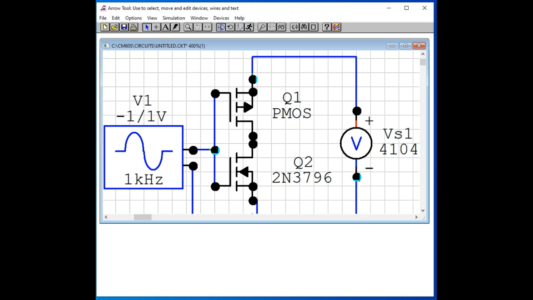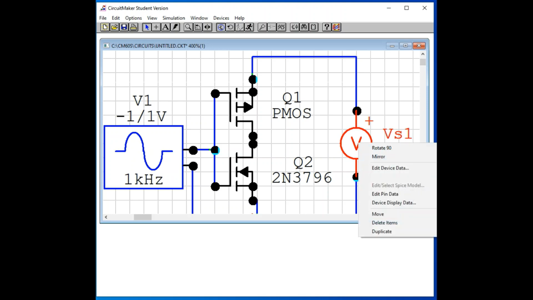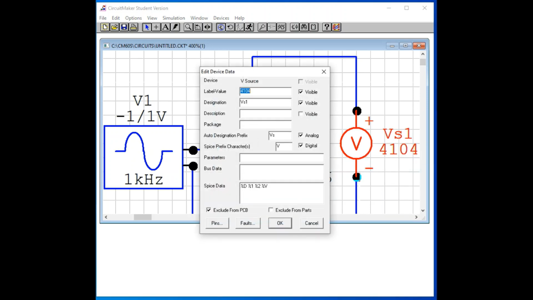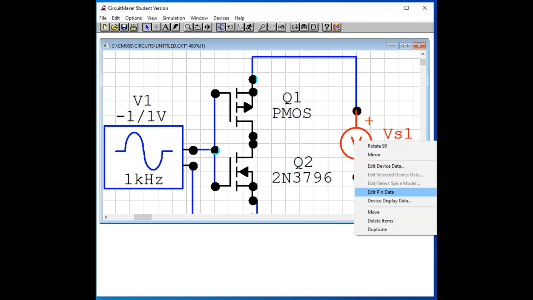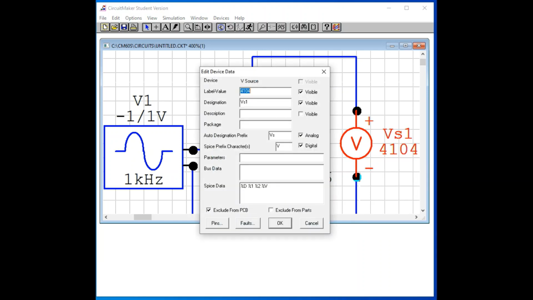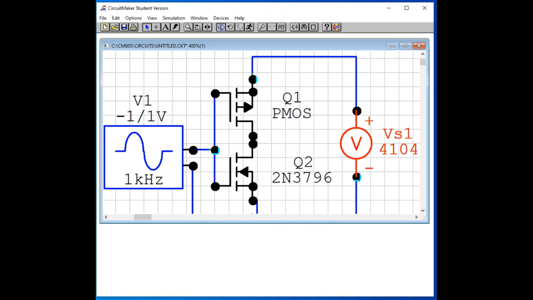Okay, then we need to define this voltage. So the device data voltage, so this voltage you basically specify a plus minus source here.